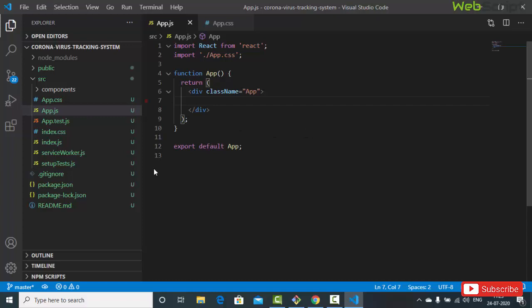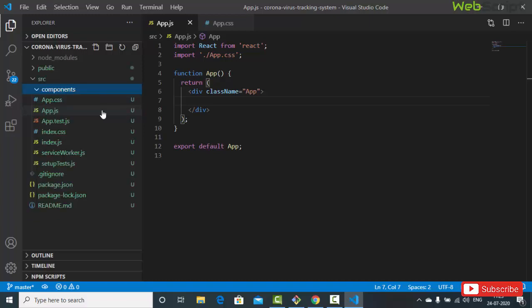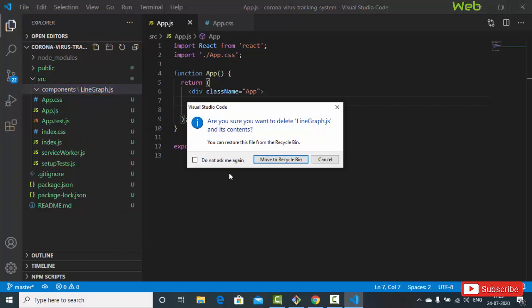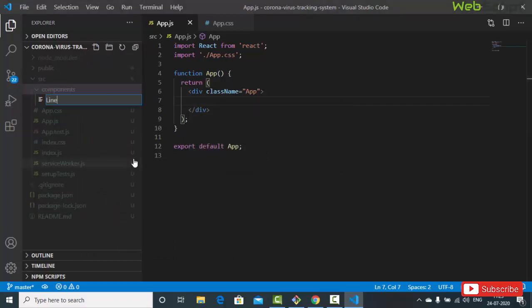Let's save it, and now let's go to the components folder and let's create a folder, not folder, file. We'll say line graph. We are going to use a line graph, right? So line graph.js, and here we will open this file. Okay, components, line graph, where is line graph? Okay, that's not a file, that's a folder. So we'll create a file, line